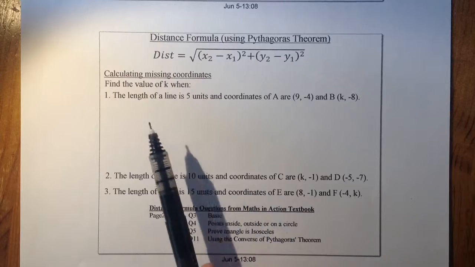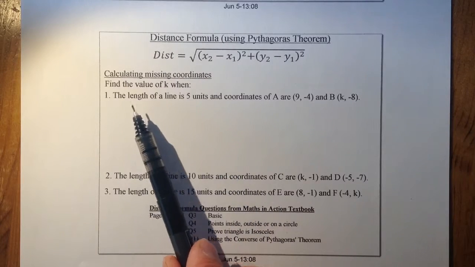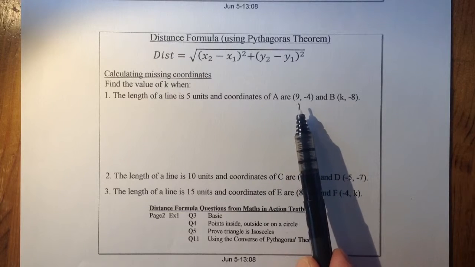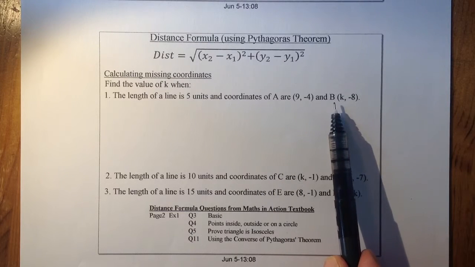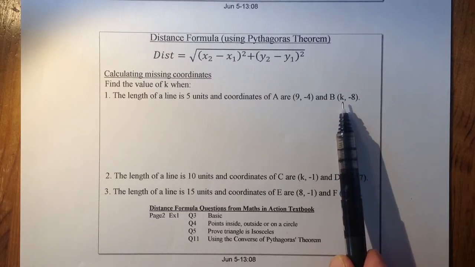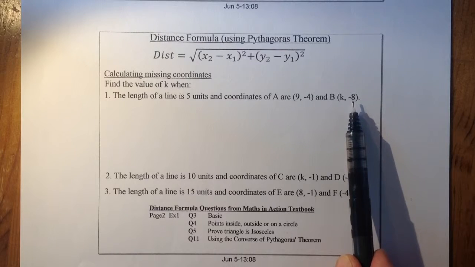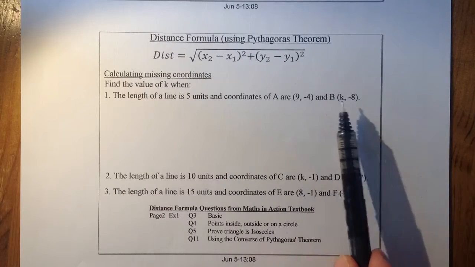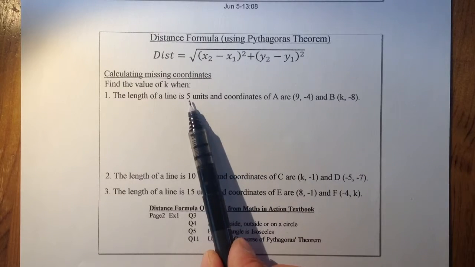Right, so what we have here is: find the value of k when the length of a line is 5 units and the coordinates of A are (9, -4) and B would be (k, -8), with k as the x coordinate. Right, so what we'll do is substitute the values that we've got in the coordinates and the distance